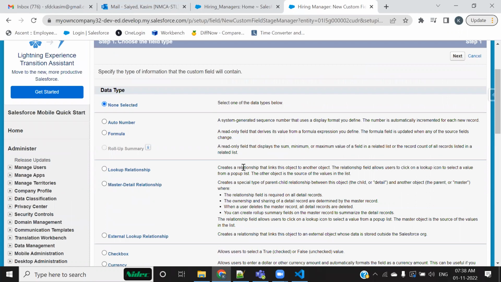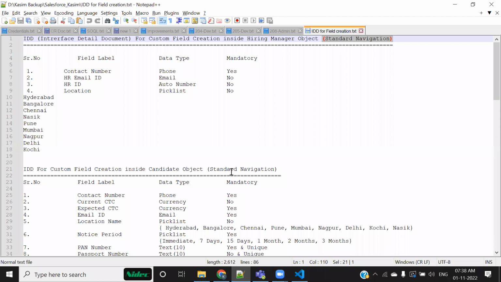See, what happens in real time in most of the cases? There would always be a document that is given to you, and you have to follow that document. This document would tell you that these fields are required to be created inside this object, like contact number, HR email ID, HR ID, locations, and correspondingly, this is the data type of each field.